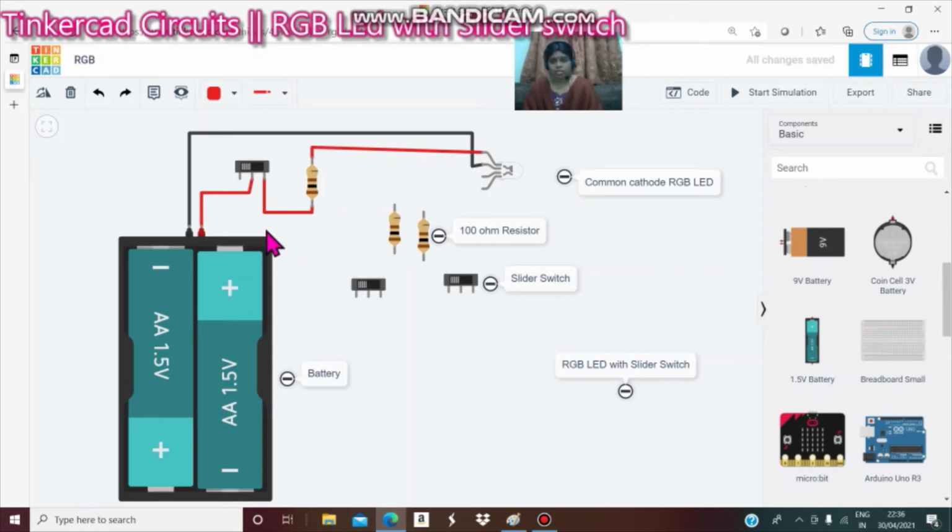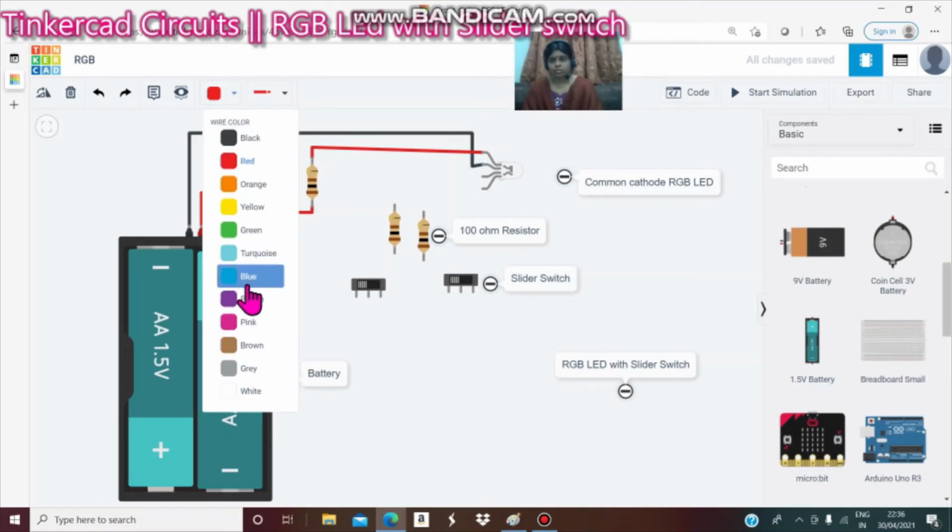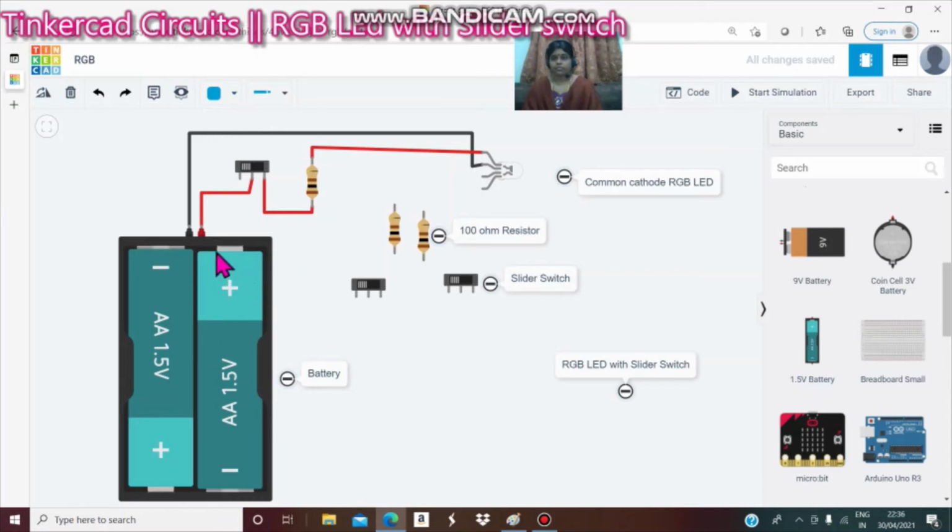Same procedure for the blue LED. You can select the blue wire and drag the line.